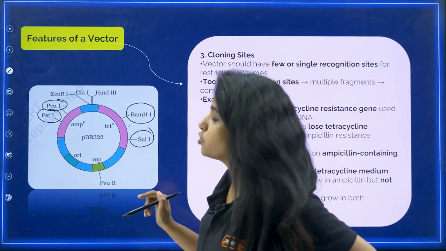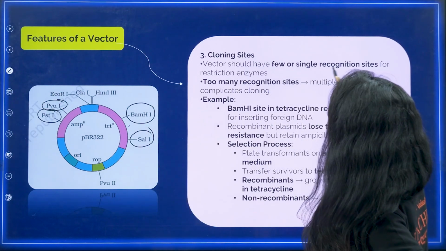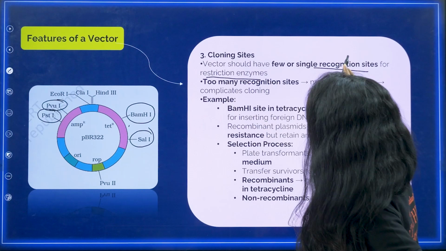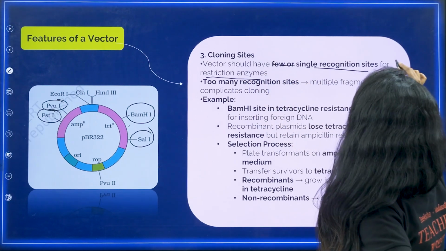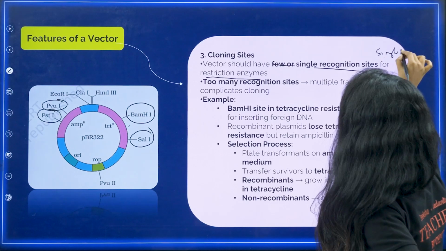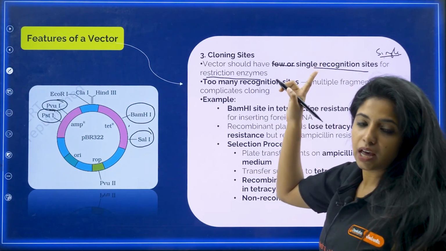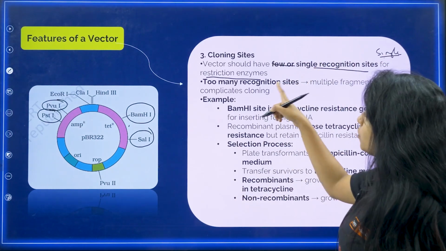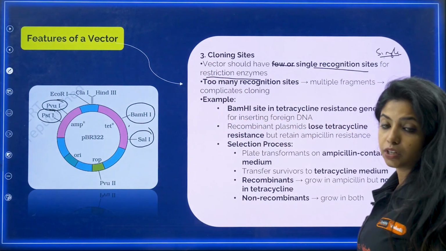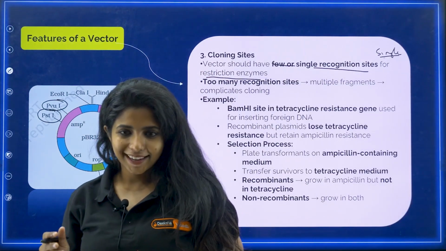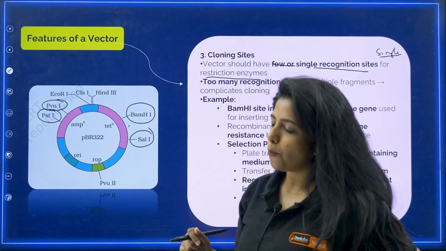So vectors should have a single recognition site for a single restriction enzyme. I'll reframe this: for one restriction enzyme, the vector should have just one particular site. With too many recognition sites, multiple fragments will be made, and that will lead to problems. Okay, so that is the meaning of this. Now,